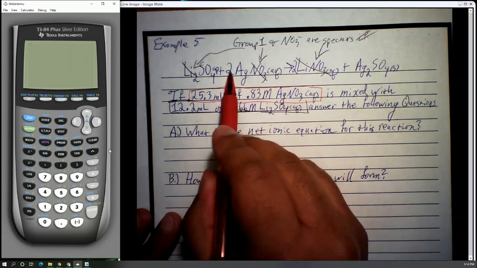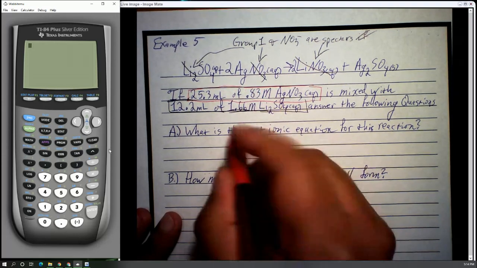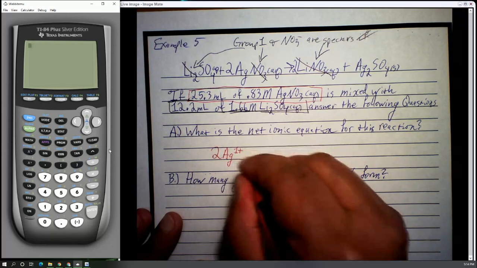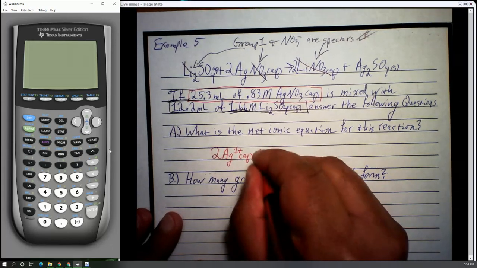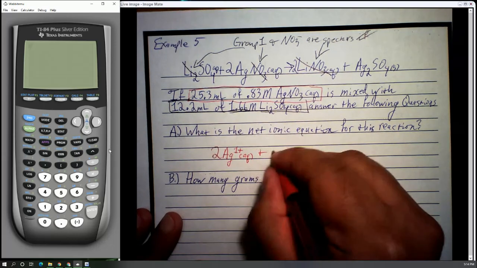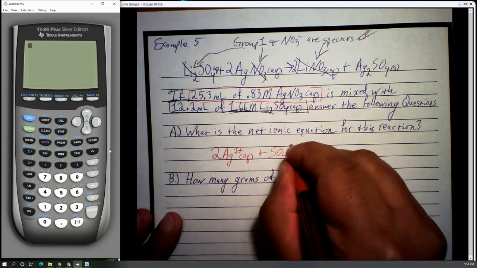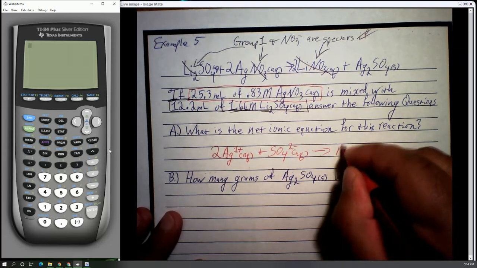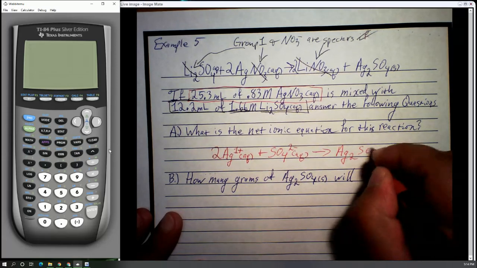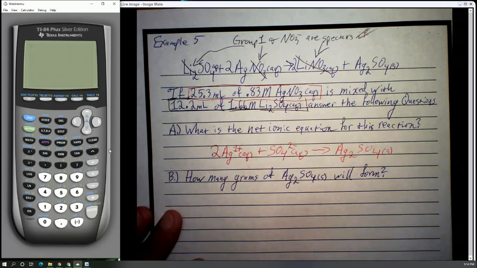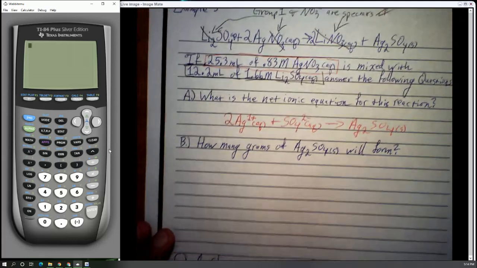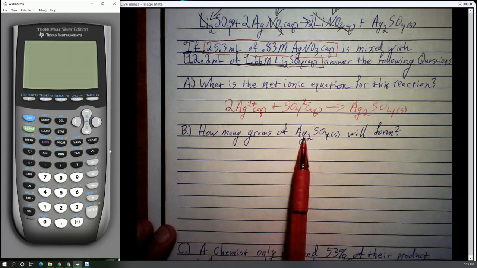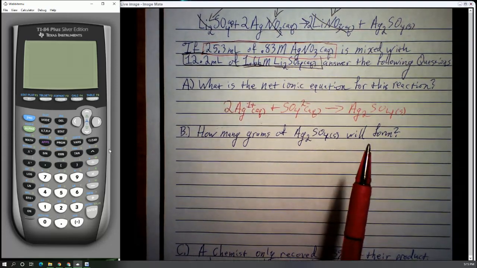now silver is a transition metal, but we can work out its charge from the nitrate of being +1. It's also one that you should memorize. And the sulfate, I know I flipped the order there. It's not super important. A plus B is the same as B plus A. So we're going to make our silver sulfate a 2-to-1 ratio. So we want to know how many grams of silver sulfate will form based on all this